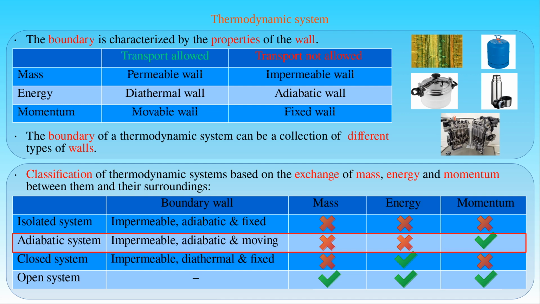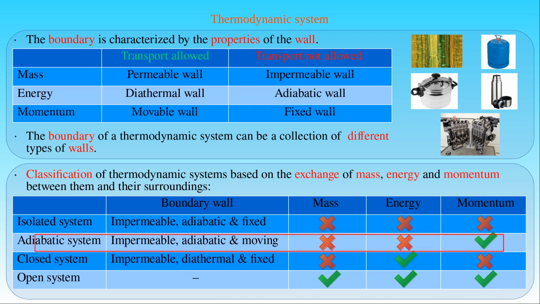A typical example of an adiabatic system is an insulated cylinder filled with gas and closed by a piston, provided the transport of heat through the wall of the cylinder and the friction of the moving piston can be neglected. If the moving piston increases the volume of the gas, then we talk about an adiabatic expansion of the gas, where the gas cools down since it cannot absorb heat from its surroundings.